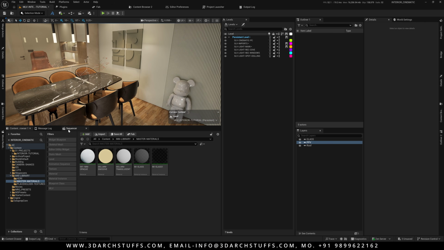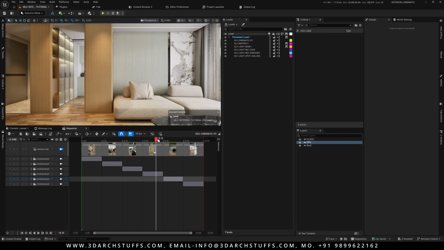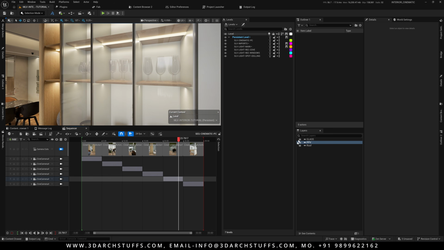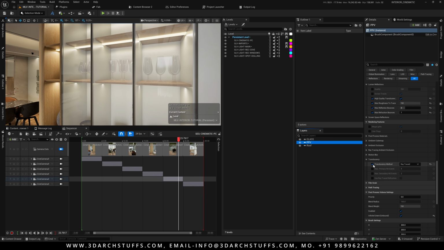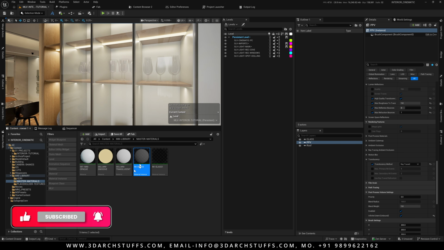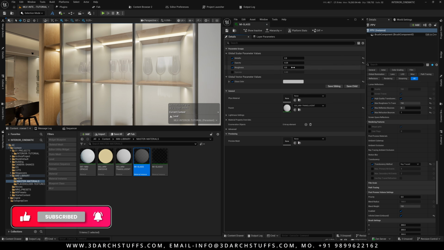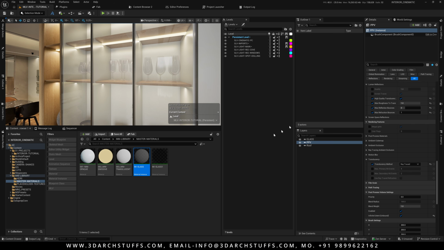Okay. So now if I go here in the sequence and change this to this glass, and then go in the PPV and switch off this ray traced, you will see the difference, how much difference I am getting in my glass quality. And if you tweak the material, the material which I showed you, you can make it even better, give it some tint and color, and make it even better than what it is at the moment. But the key secret is this: in rendering feature, translucency